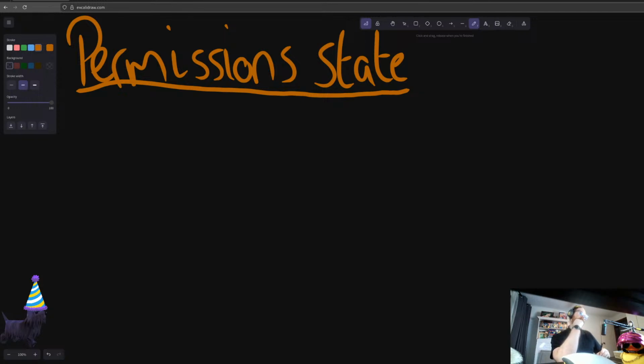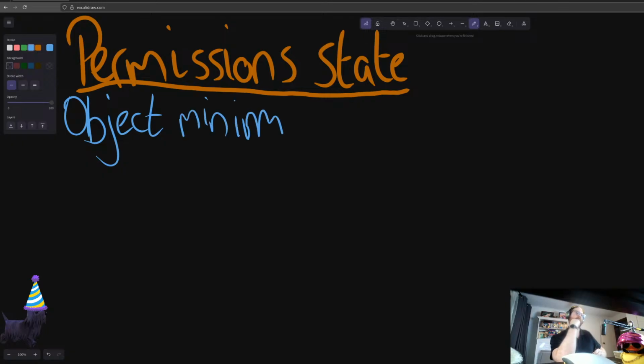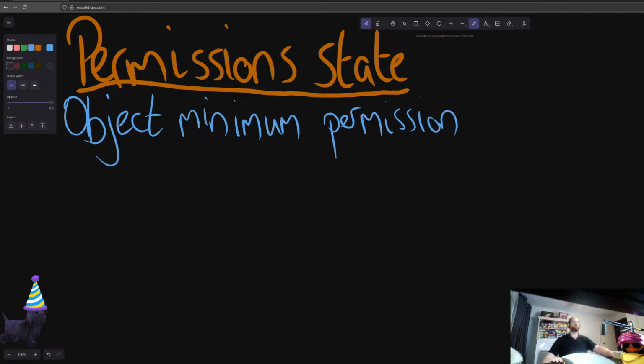So what we want is an object minimum permission. I'm going to use a smaller one. Thank you. That took like thousands of clicks. Object minimum permission. All right, easy done. The other thing which we kind of want to actually do